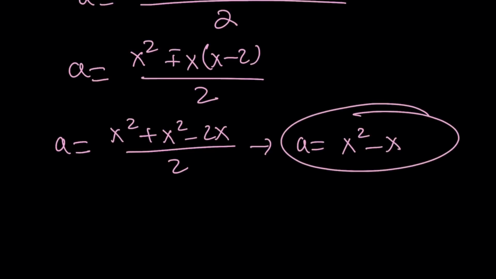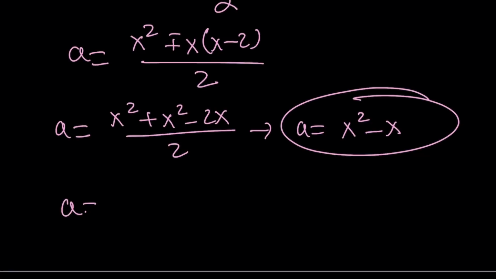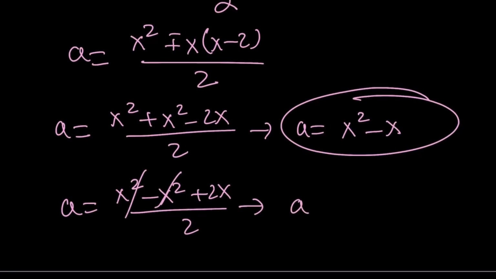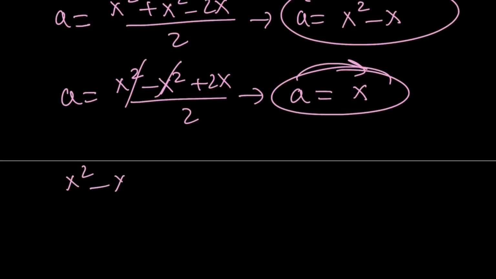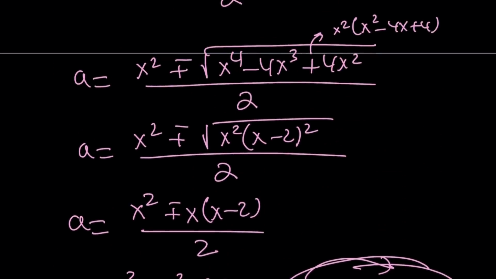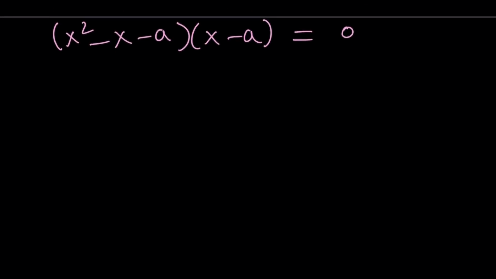So that's going to be one of my solutions. Remember, our equation is quadratic in a, and we're solving for a. The second one comes from the minus sign, x squared minus x squared plus 2x divided by 2, and that gives us an even simpler solution because x squared cancels out, and we end up with a equals x. So those are the two solutions, but guess what? This allows us to write the factors of this equation in terms of x. So we can put the a here and write this as x squared minus x minus a multiplied by x minus a, and since this product is equal to 0, we can set it equal to 0. Now remember, a is equal to square root of 3, right? So we can back substitute,